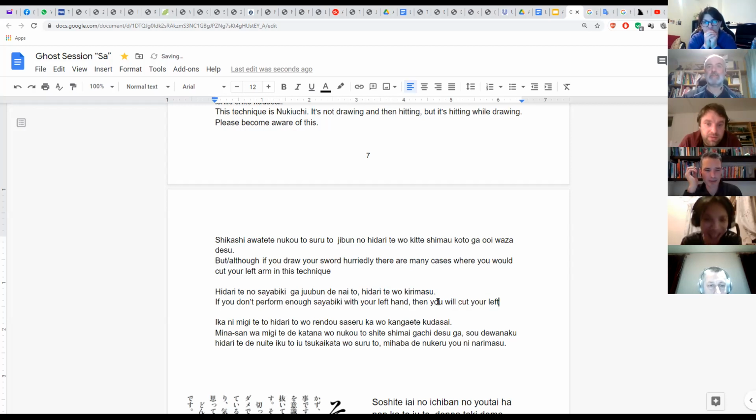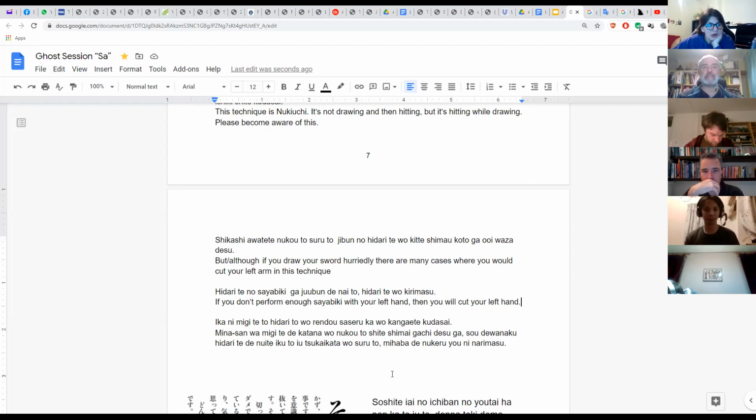Yes, good. When he says te, usually he means not just hand, but arm. So the word for arm is ude, but te can be used to mean this entire range of your hand and wrist and arm. It's funny, ude, which literally means arm, is hardly ever used in the manual. They always use te. So like ashi with leg and foot. Exactly.